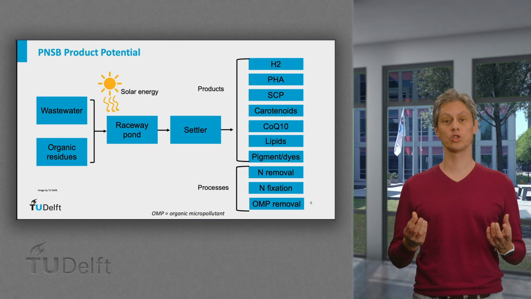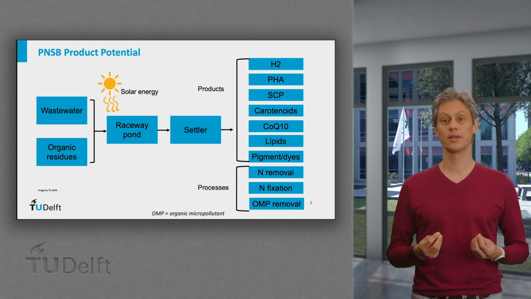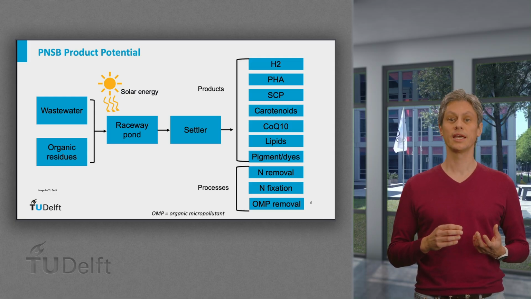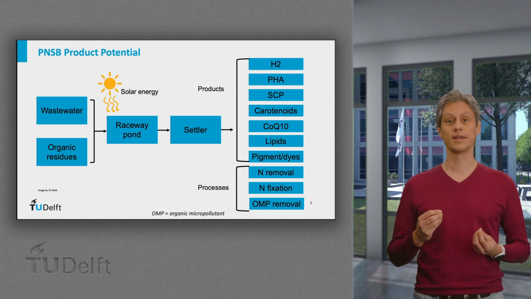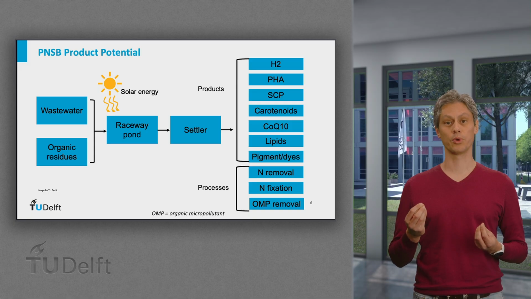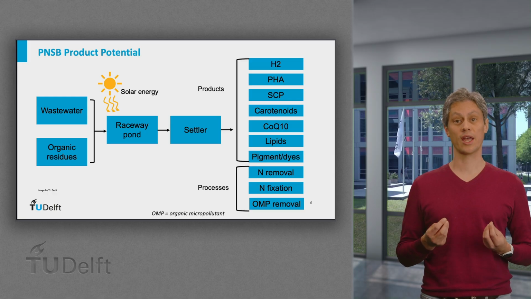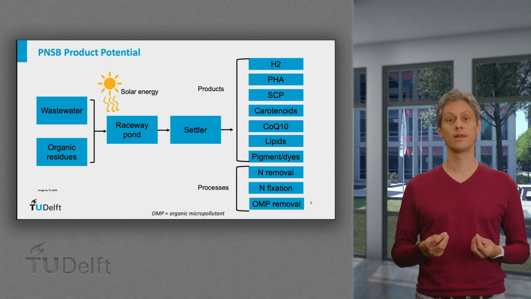Focusing on purple non-sulfur bacteria for wastewater treatment, the addition of solar energy enables them to convert pollutants with a higher yield and/or a faster growth rate into new biomass. Moreover, the additional solar energy enables them to degrade more complex pollutants and convert waste into more valuable compounds like carotenoids, PHA, hydrogen gas and protein compared to their chemoorganoheterotrophic peers.